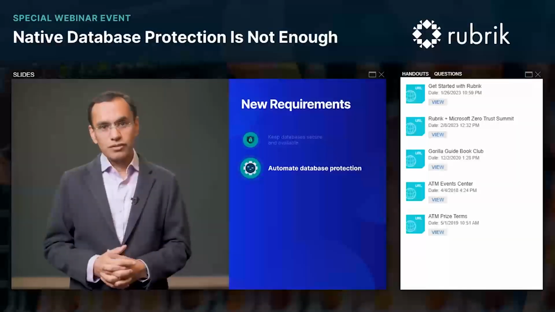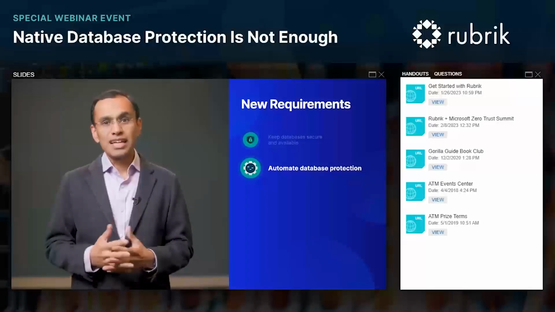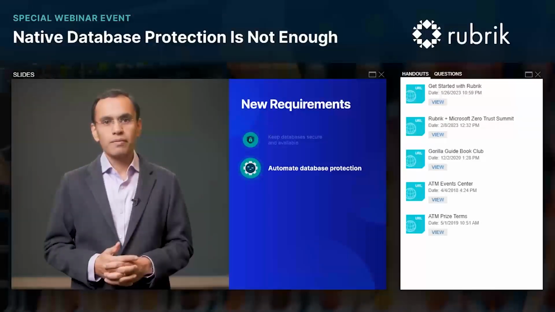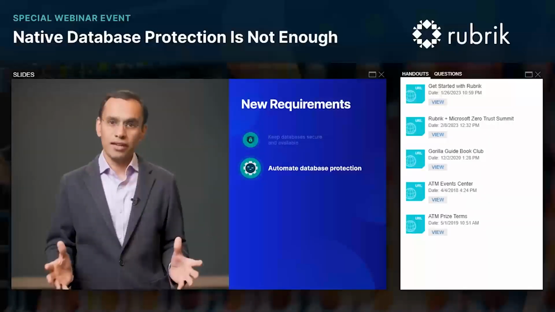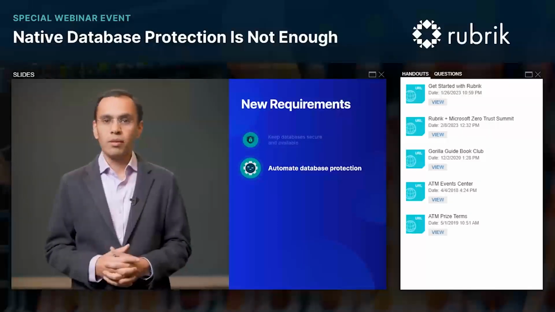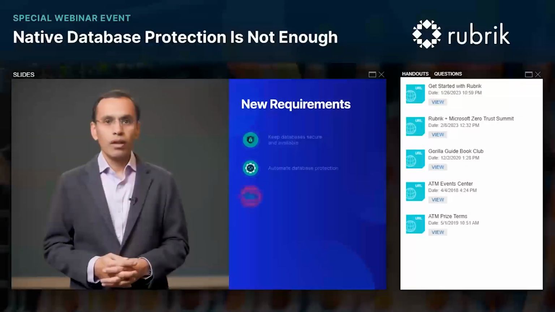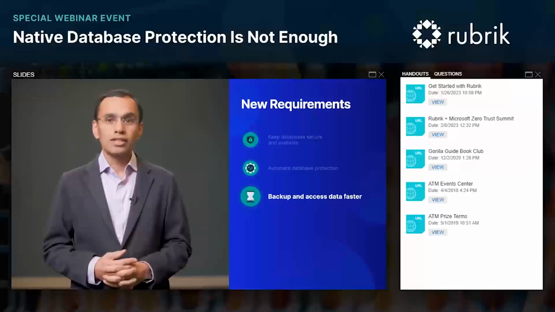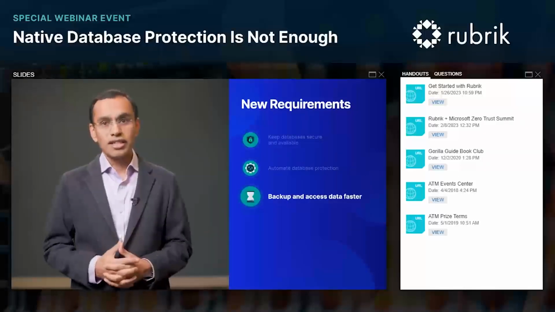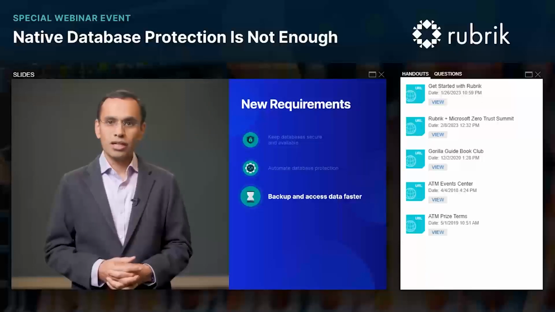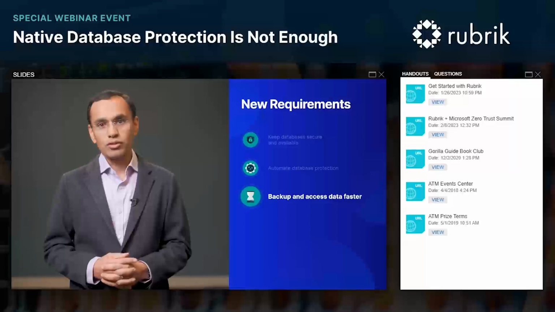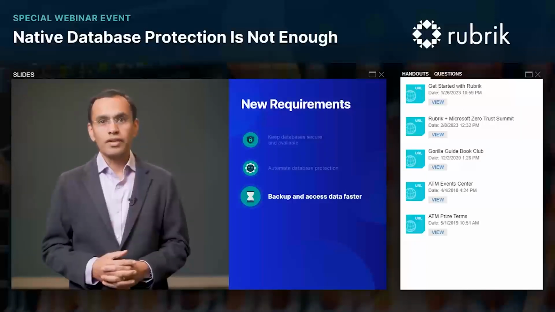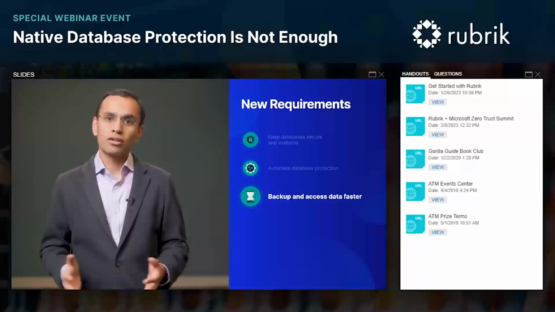Automate database protection to ensure data is maximally protected in a changing environment. Organizations need policy-based automation that can discover, secure, and manage retention of data in the variety of their databases across the enterprise and in the public cloud. Faster backup and restores at scale. Organizations need smarter and higher performing backup technologies to deal with larger volumes of data within shorter backup windows. Instantaneous recovery of data at any scale is also a critical requirement.